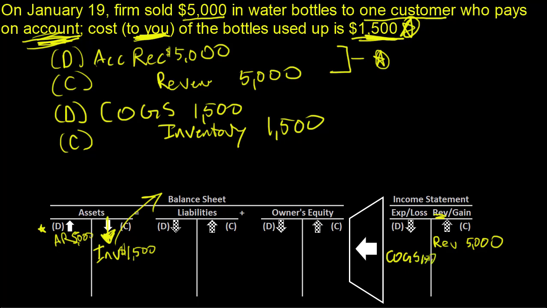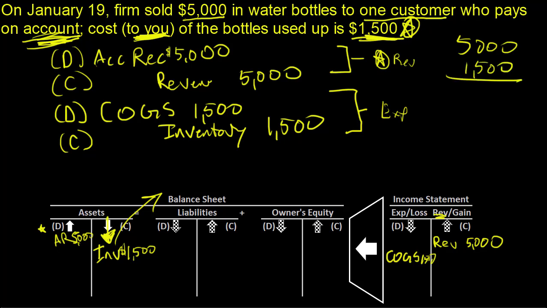Now, some of you, again, this is the entries related to clarifying the expense and then the revenue. Some of you might have thought, out of the gate, I need to net my 5,000 by the 1,500. If you did that, you would have gotten $3,500. But guess what? You might have wanted to write the entry like this. You might have wanted to say, we have an account receivable of 5,000. We had inventory leave